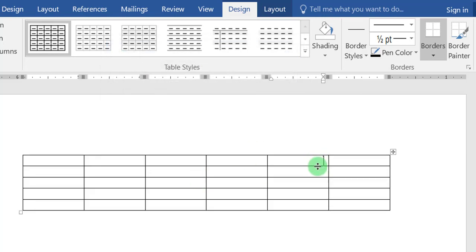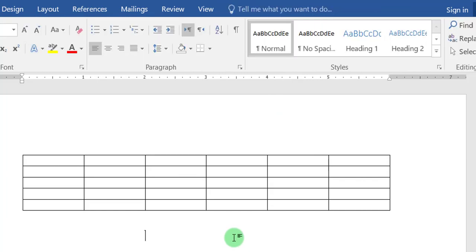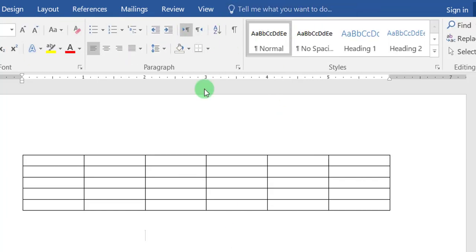You'll notice that after creating the table, the Design and Layout tabs appear. They disappear when you click anywhere outside the table.